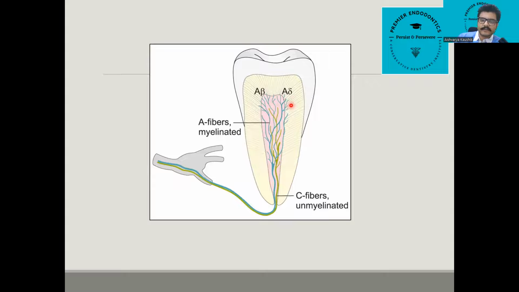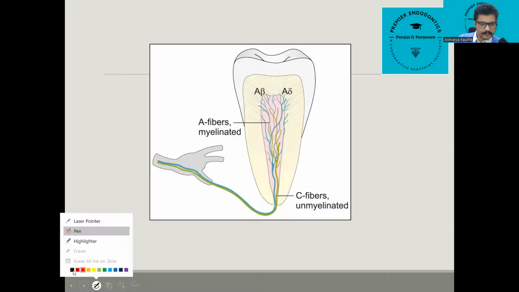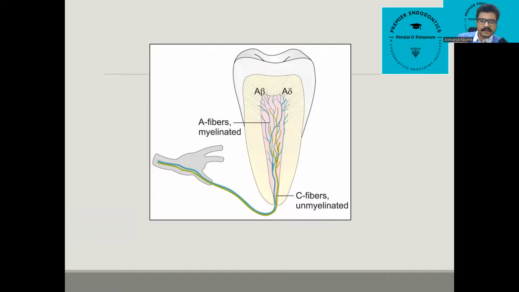And here, this is what is important. You have the C fibers, which usually terminate within the soft tissue part of the pulp. That's number one. Okay. So we'll just point that out here. So these are primarily this area. The central core of the pulp is the area where your C fibers are mostly located. Then you have the A delta fibers, which many of which traverse this entire central portion of the pulp,